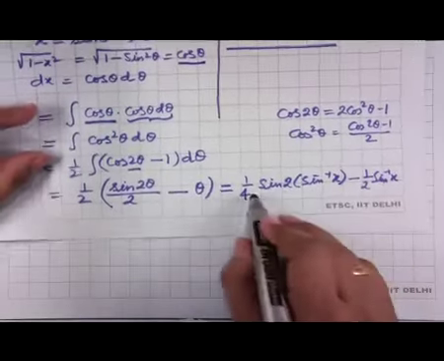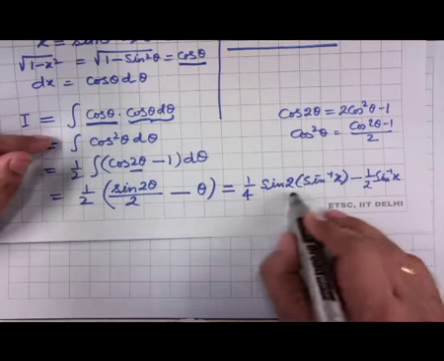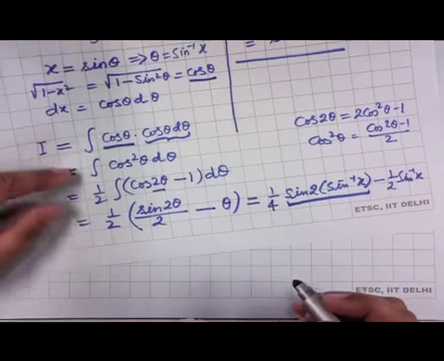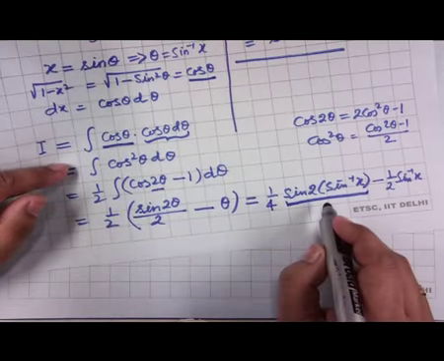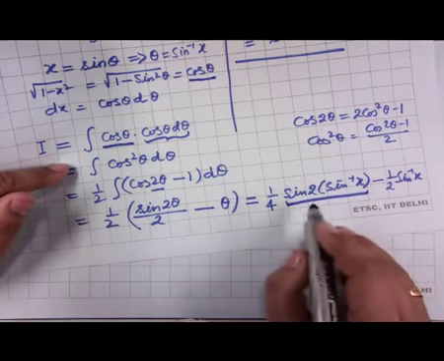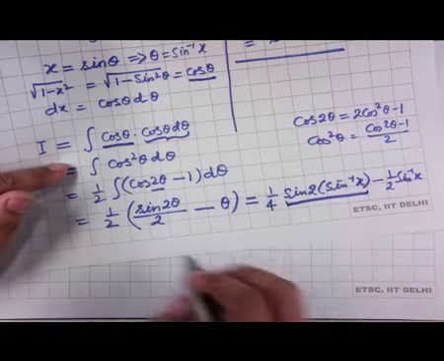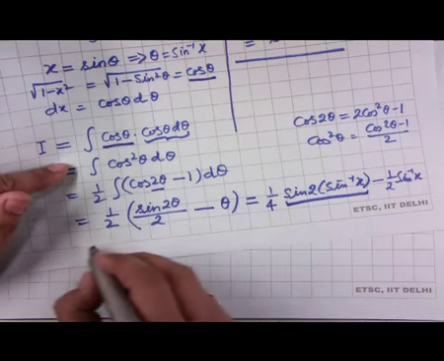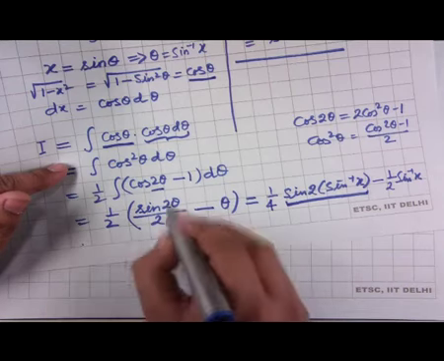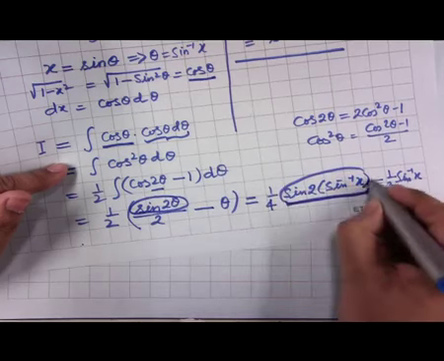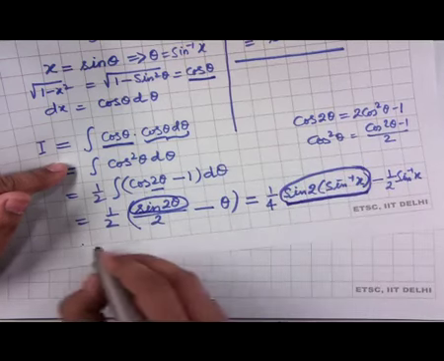Now, look back at this factor, half of sin 2 sin inverse x. It is not reaching any form which we know. So, what we do is write it in a form which we know, or which we can further simplify. This term is equivalent to sin 2 theta. So, therefore, you can write it as,